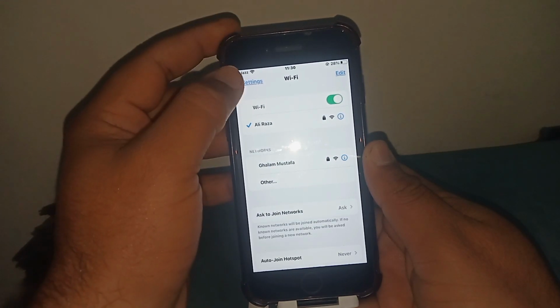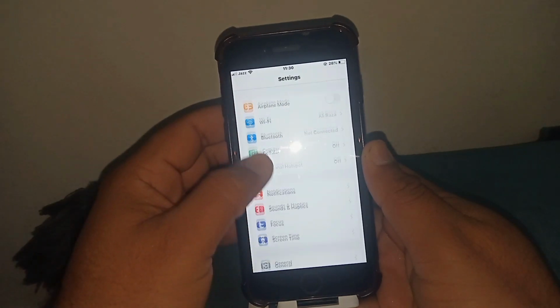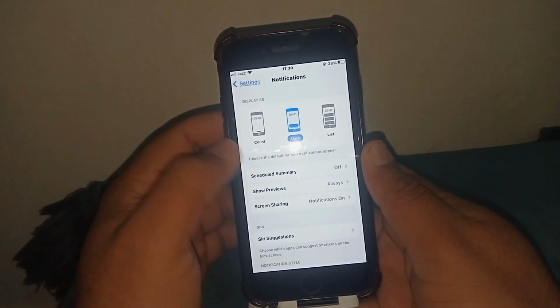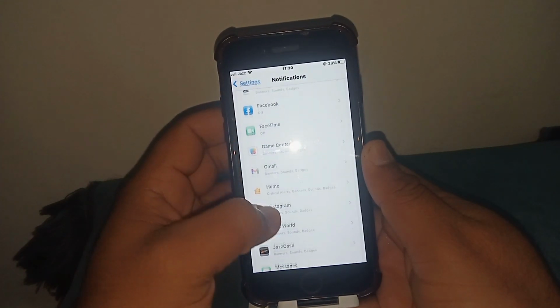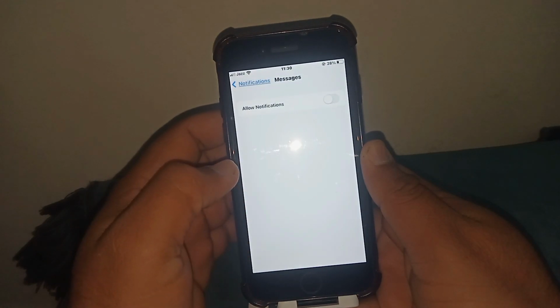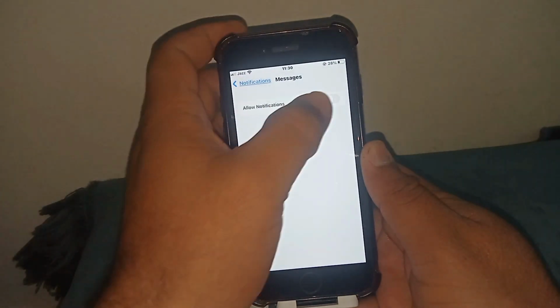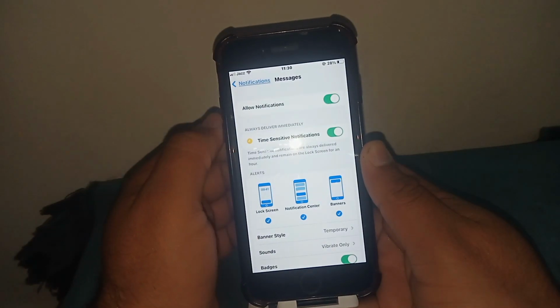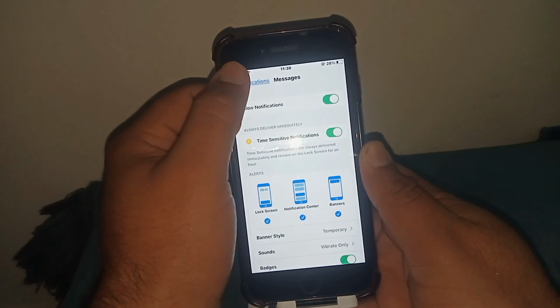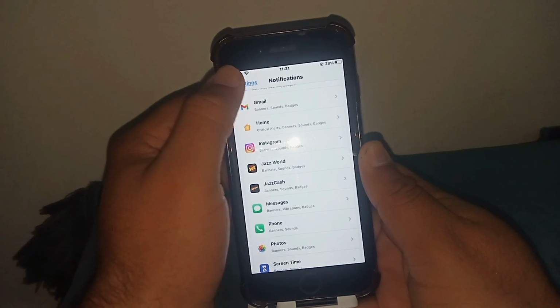If the problem is not fixed, then go back, scroll down and tap on Notifications. Scroll down and tap on Messages, and from here turn on this toggle, and after that check whether the problem has been fixed or not. If the problem is not fixed, then go back